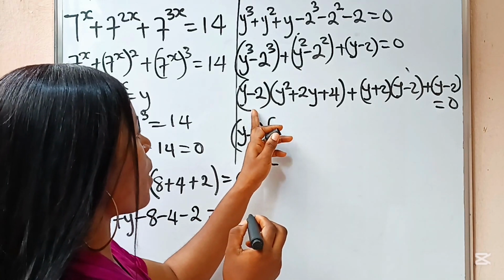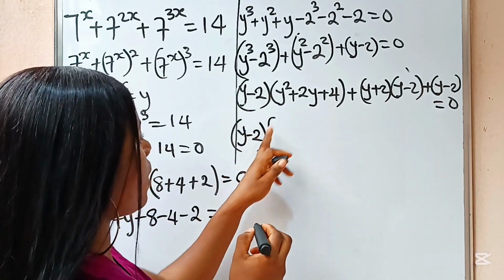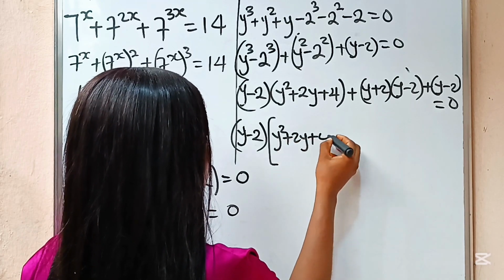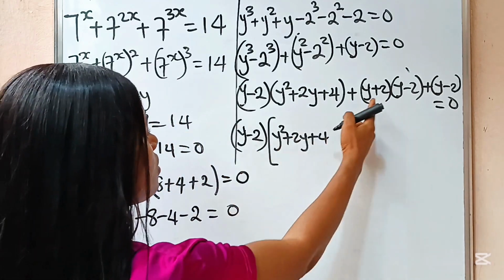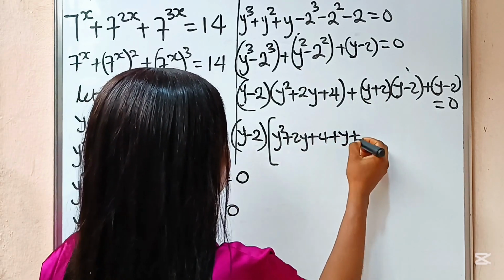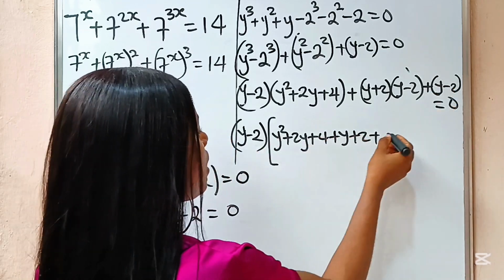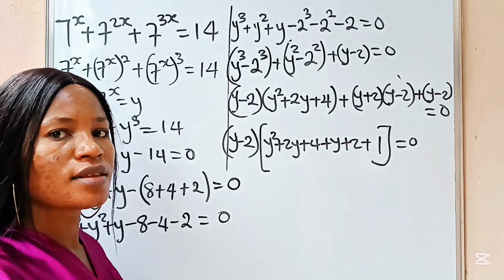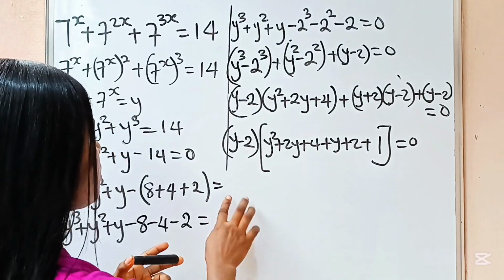When this is divided by this, y squared plus 2y plus 4 will remain. When this is divided by this, y plus 2 will remain, right? When this is divided by this, 1 will remain, is equal to 0. Now we can write